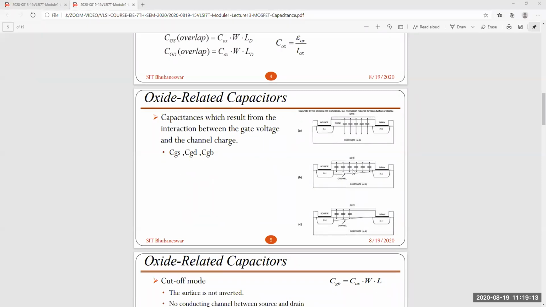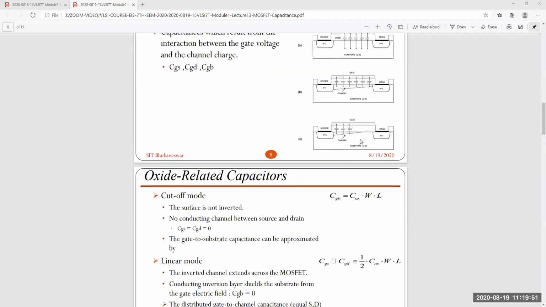So from center to this side, that is the drain. Center to this side, that is source. Because it's connected to source, it's connected to the drain. This channel, though it's N plus, it is also N type. So we can say this part is drain, this part is source. So that's why this channel part is your CGD, this is CGS, due to that channel.